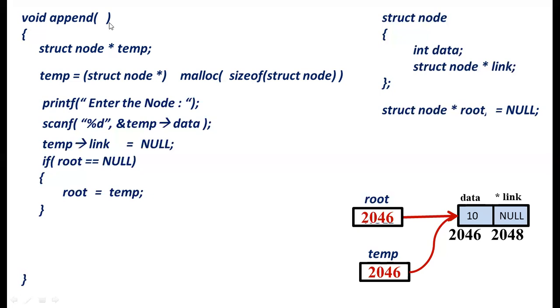Now let us see the else block. So here we need to write the else block. In the else block, we need to write the remaining logic. If you are inserting the first element, then directly the temp variable we are assigning to the root variable. Suppose that some elements are already present, then the else block needs to get executed. So how will it execute?